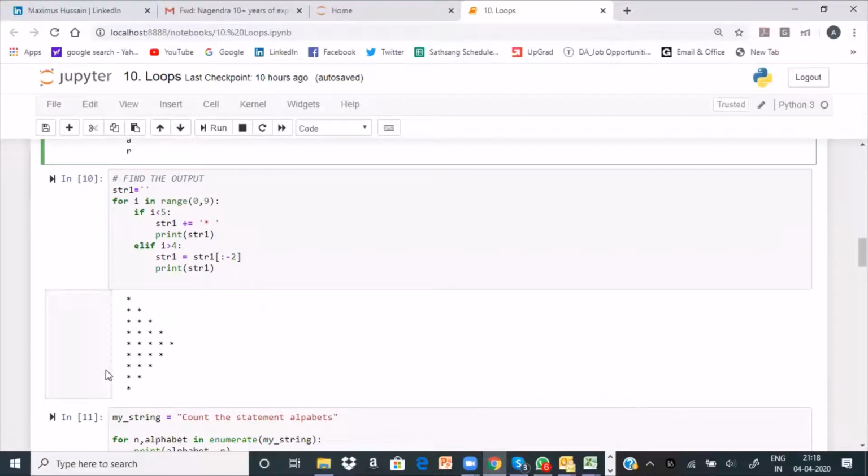Okay. So this is how I want to print. I use a simple for loop, very simple logic, to print this kind of pattern. The string I'm initiating as a space intentionally. For i in range 0 to 9, there are two things. See, there are many ways to write this. I want you guys to look at it.